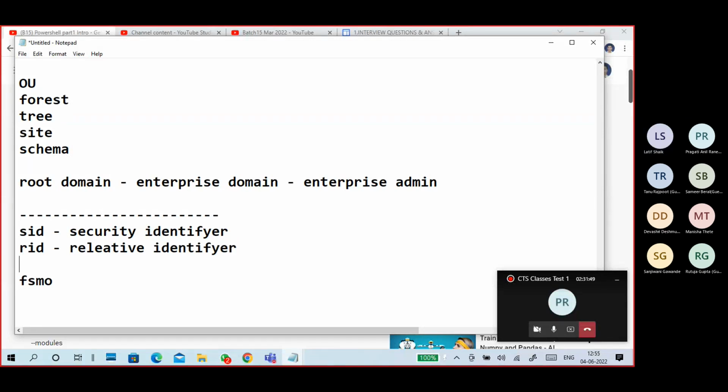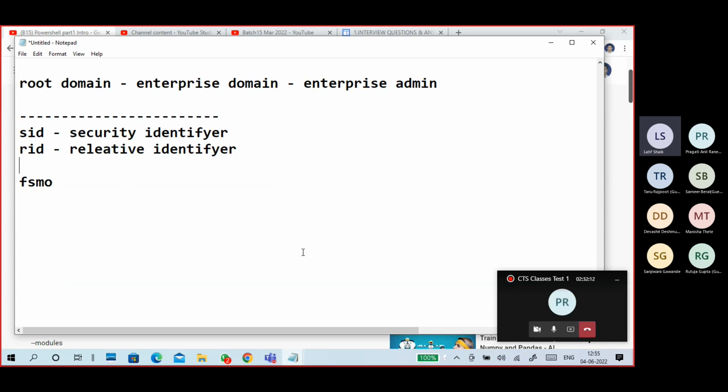So any object you create has a SID. Every object, like a group or a user or an OU or a computer, has a SID. So the SID contains a RID. RID is a relative identifier, like a sequence 101, 102, 103, 104. Like this is a relative identifier.